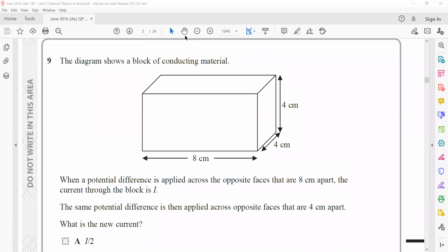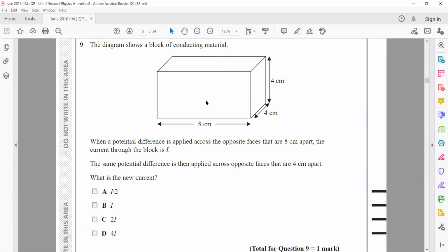The diagram shows a block of a conducting material. When a potential difference is applied across 8 centimeter, the length through which the charges have to flow is 8 centimeter, and the area is 4 multiplied by 4, that is equal to 16. But now the same potential is applied across opposite faces of 4 centimeter. So now the length it has to pass through is 4 centimeter. But what about the area? Because this one is 8 and this one is 4, so 4 multiplied by 8, that's equal to 32